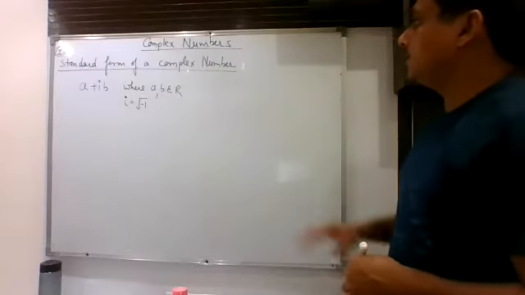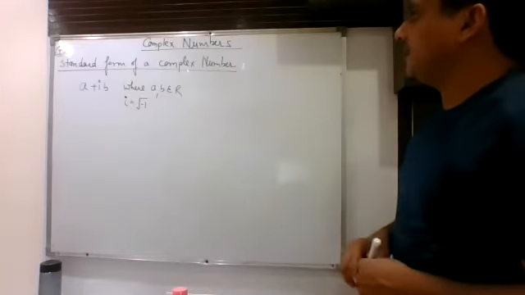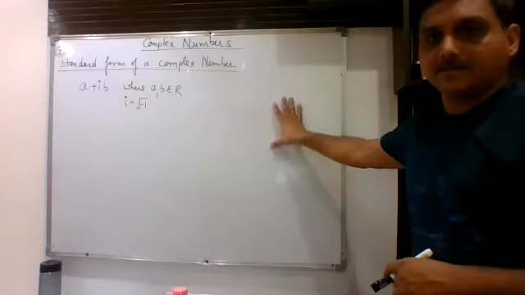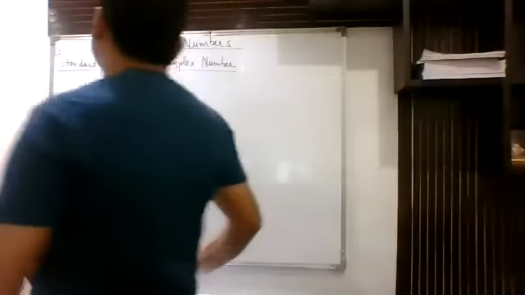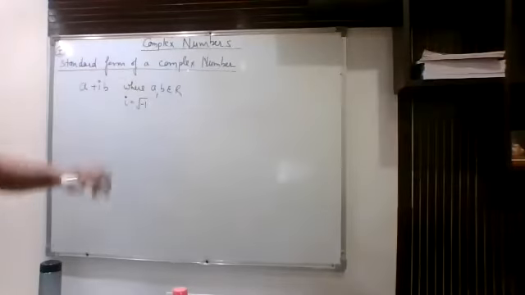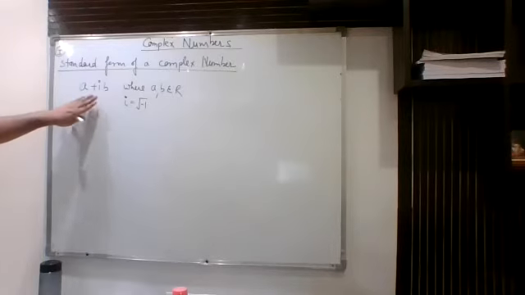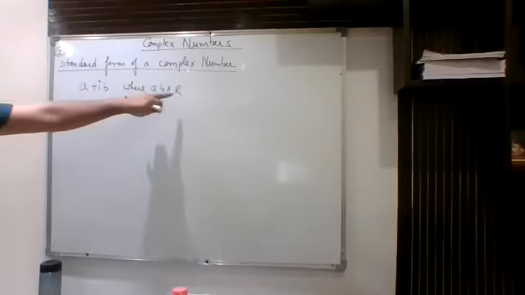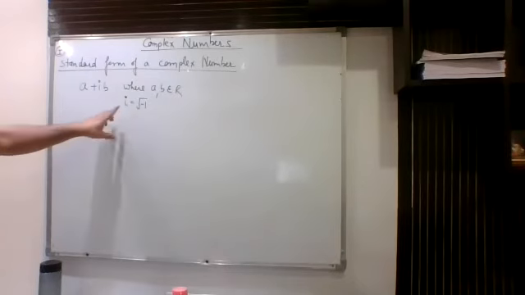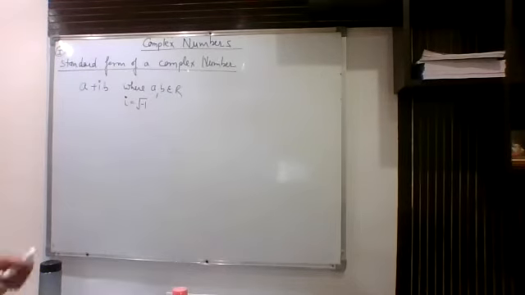Okay, so today we are going to discuss complex numbers, chapter number 5 as per NCERT. First of all, we have the standard form of a complex number: a plus iota times b. This is the standard form of a complex number. Here, a and b belong to the real numbers, and this iota, this i, stands for the square root of -1.